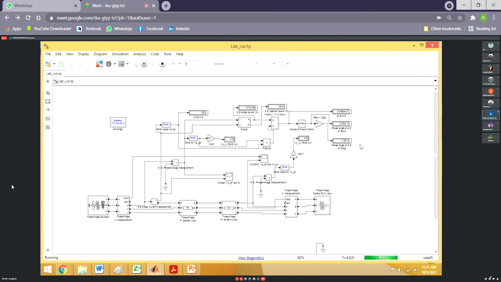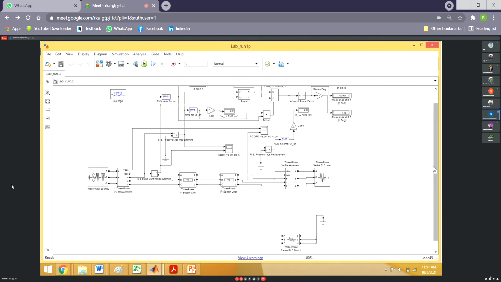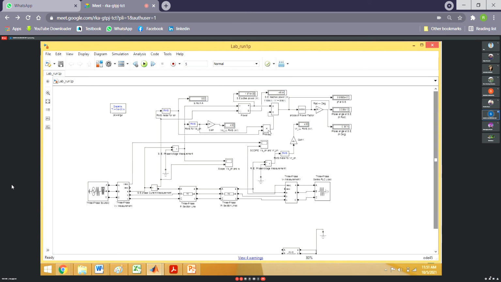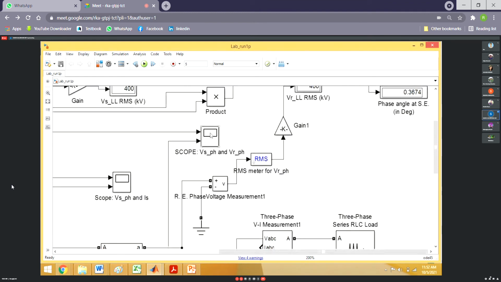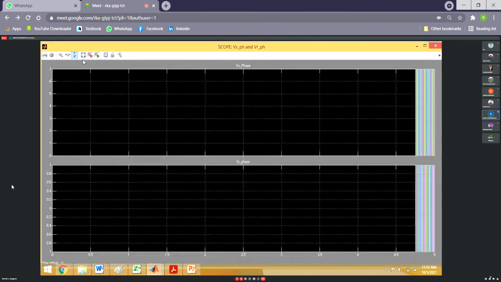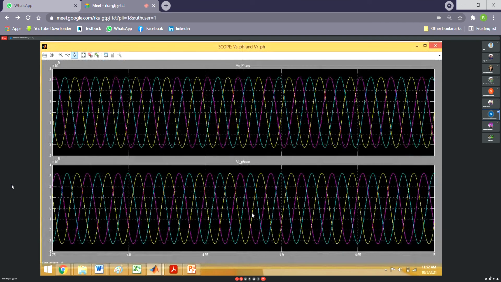Now you see, at first, if we observe the waveform, right? Whatever meters I have shown, all are RMS meters. Peak to peak value you can only get from the scope. So what is in your table? At first, peak to peak voltage for sending end and receiving end, right? So we have this meter, VS phase and VR phase. If we click on that and make the auto scale, we can get this one. Can you see this waveform? You have no need to trace it, only just see.